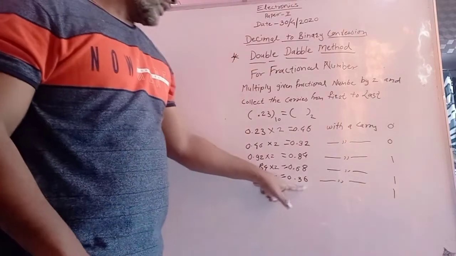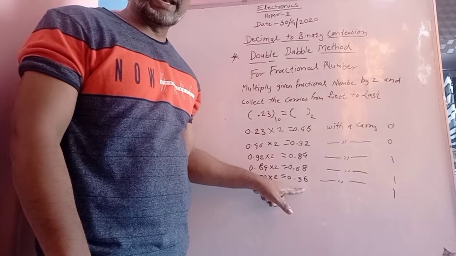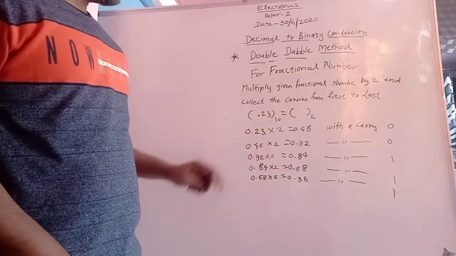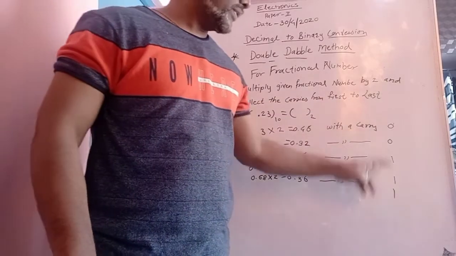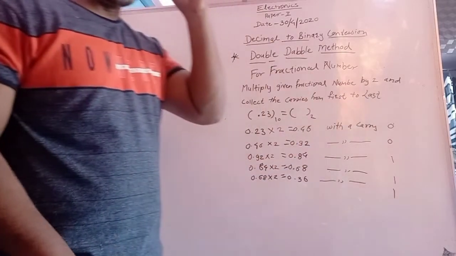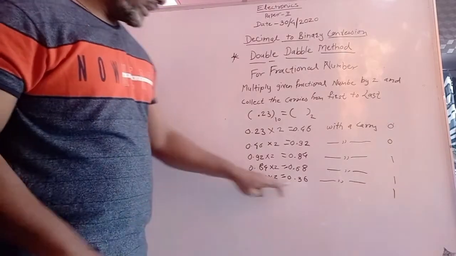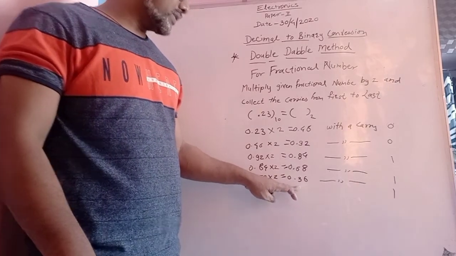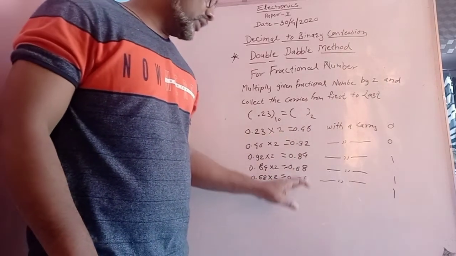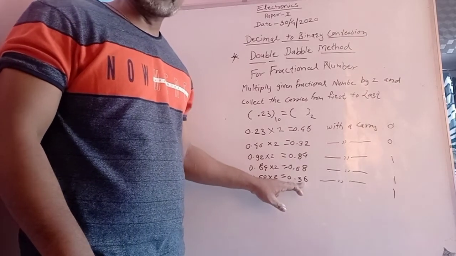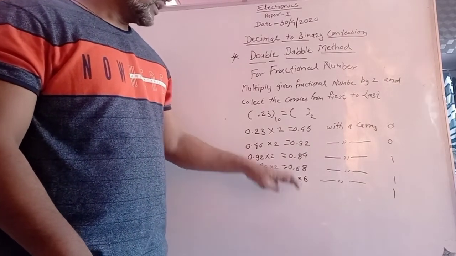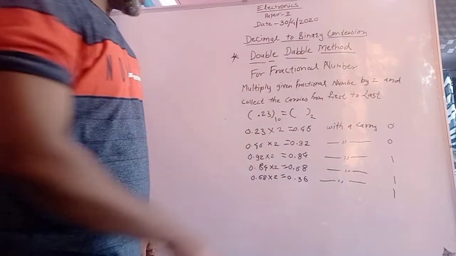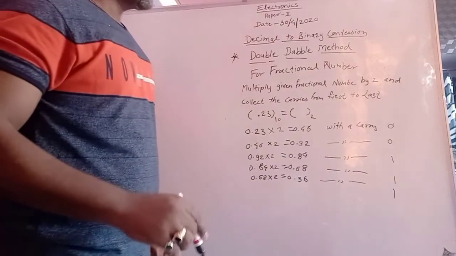If you get this part 0, then it is well and good. Otherwise it continues, so in that case you have to continue this multiplication up to 4 or 5 digits. Get it? Otherwise, you don't get this part 0 and it continues, you get some number at this position. So after 4 to 5 bits you have to stop your multiplication, and whatever carries you get, you have to collect